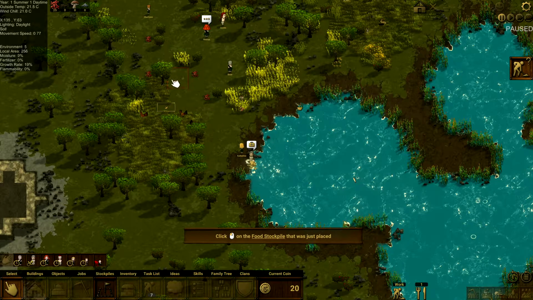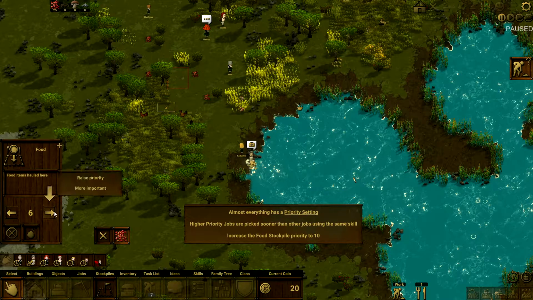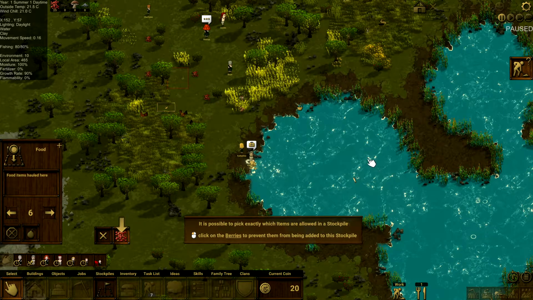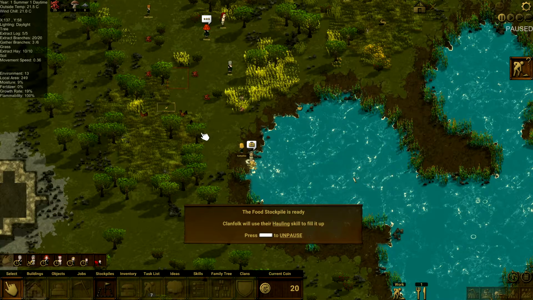Click on the food stockpile that was just placed. Almost everything has a priority setting. Higher priority jobs are picked sooner than other jobs using the same skill. Okay. Increase the food to 10. Super important. Now Clanfolk will select the food stockpile before any other food stockpiles, regardless of distance. You can reset all stockpile priorities at once by pressing down here. It is possible to pick exactly which items are allowed in the stockpile. No berries. Berries. No berries. Berries. Fantastic. Tutorial